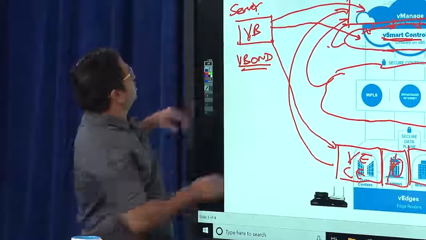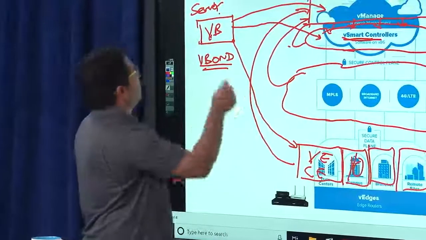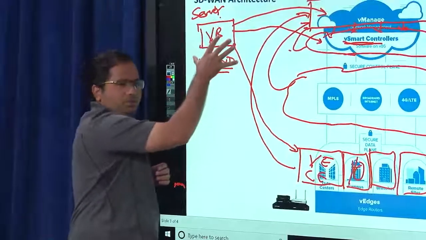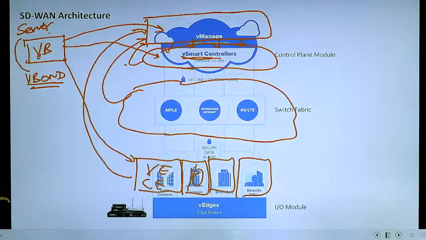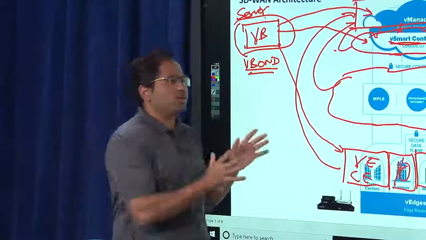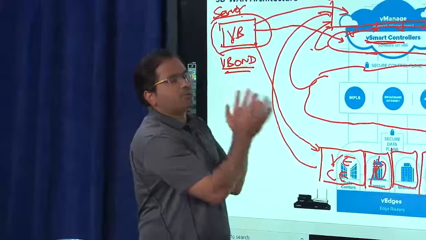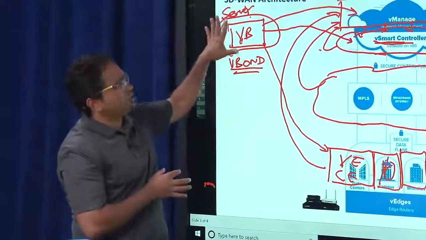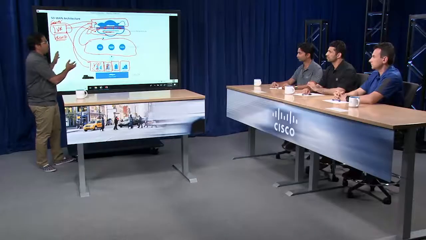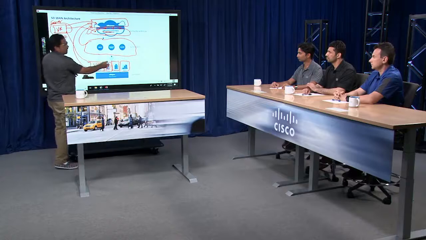So essentially when your network comes up, what you want is everyone to register with the vBond. This is the only component in the architecture that everyone should have reachability to. So this essentially resides in the public space. You would want it to reside on a publicly available network in order for everyone to have access to it. If you push this into the private cloud, you may or may not have access to it. If you don't have access to it, there's no way for an edge, an I/O, to know where the